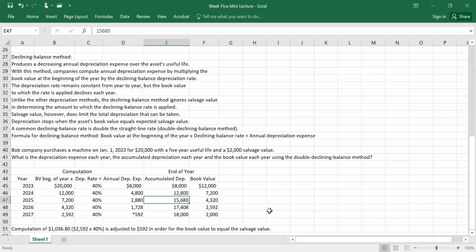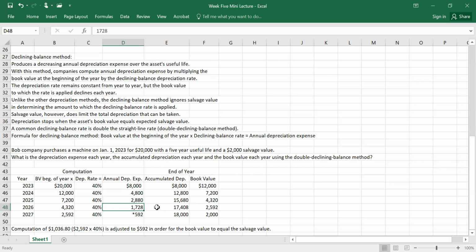Our accumulated depreciation is the 12,800 plus the 2,880, which gives us 15,680. Our book value is the 20,000 minus 15,680, which is $4,320. Year 4, book value $4,320. If you notice, the ending book value for one year becomes the beginning book value for the next. So it's $4,320 times 40%, which is